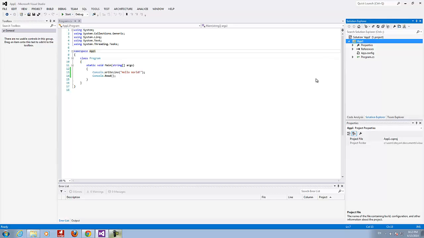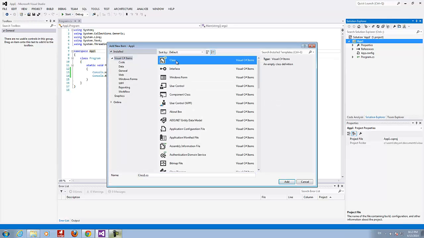So I click with the right mouse button and I will choose add, and I'm gonna choose a class. The classes are the syntax tools of this language, which will allow me to create the blueprint, the recipe from which the computer after that is going to build one object. This is our plan. This is our blueprint.